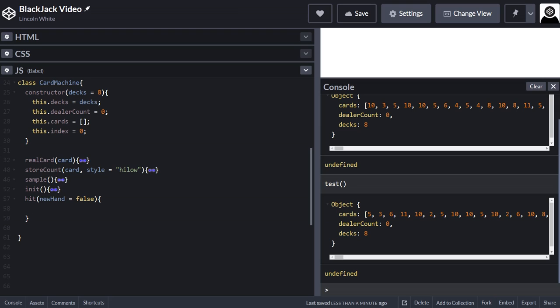So I'm going to do a bit of pasting here. Right. So that will just get the card's length. So what I want to do is, another thing the dealer would do is, the dealer would only shuffle the cards at the beginning of the hand. They wouldn't shuffle the cards near the end. So if I put in if new hand